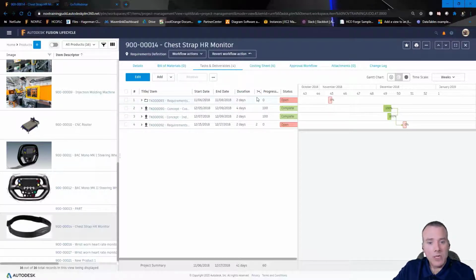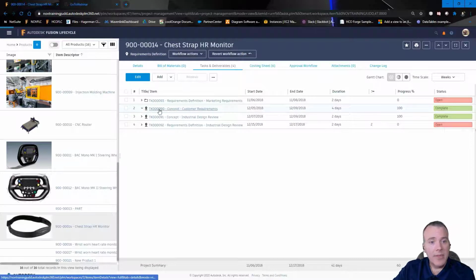We can also associate tasks with one another to help develop a critical path, so we know what tasks rely on others. We can't start this one before that one's done. This one's getting late, so we need to make sure we wrap that one up so we can start this other critical task. So you can review this, lots of different ways you can look at the data,